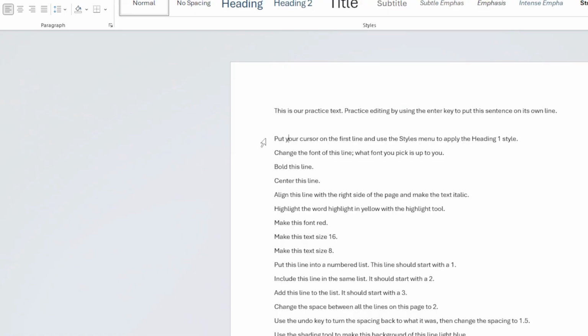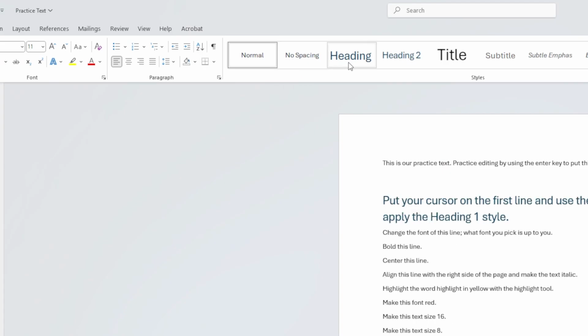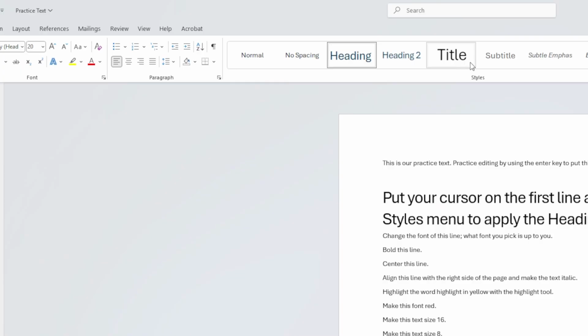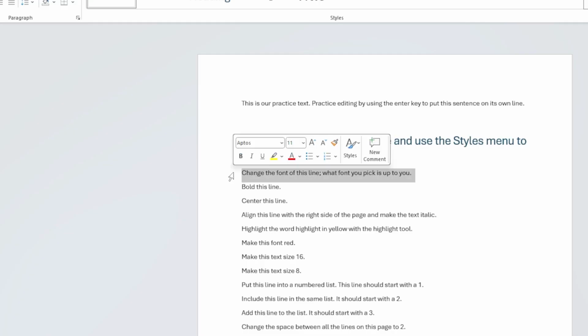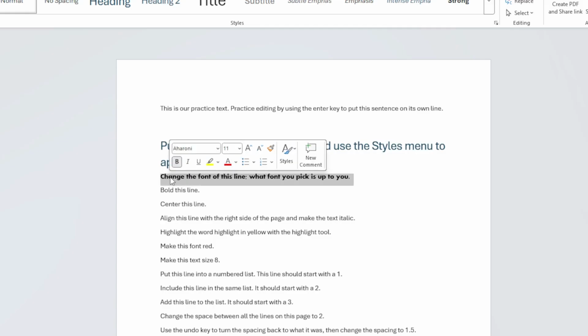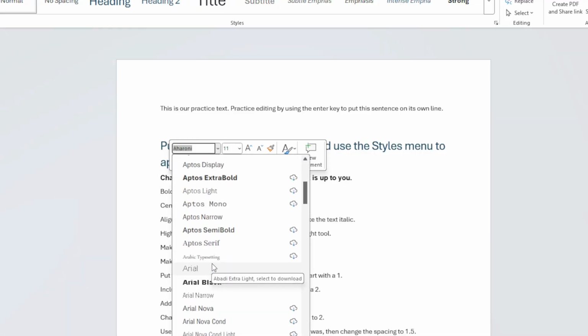First, we can change the style of the text to a standard by selecting from the Styles menu. Here we have chosen Heading 1, but there are many options to choose from. To change font, we can highlight the sentence and then choose the font we want from the list. When you highlight text, it may bring up the font menu to make this choice easier for you to pick. If we want to bold text, we can do so by clicking here.